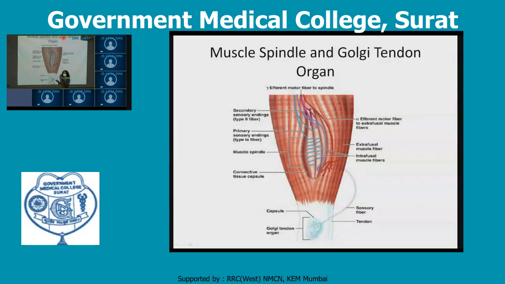With stretching, we are stimulating the gamma discharge, and with this powerful stretching, the Golgi tendon organ is stimulated. Because of the stimulation, it causes decreased firing of the alpha motor neuron and causes relaxation of the muscles. That is why you are always asked to do stretching exercises after a strong workout.